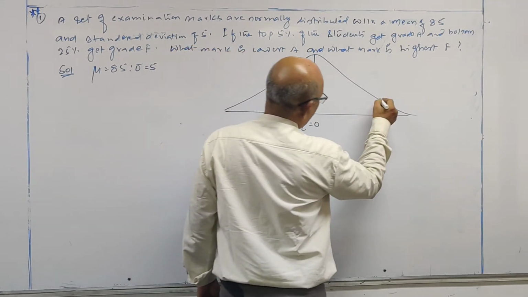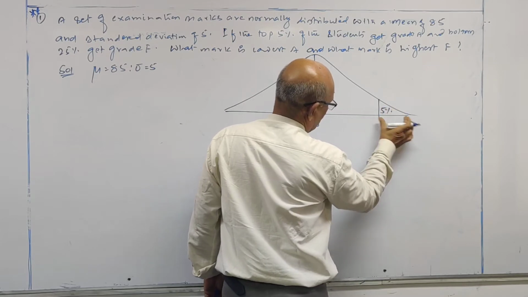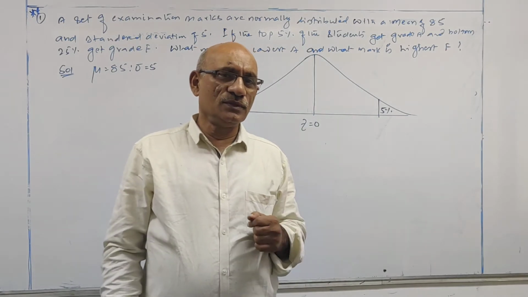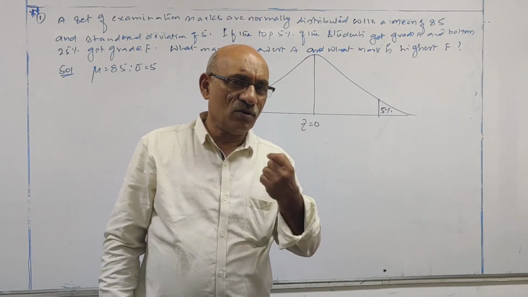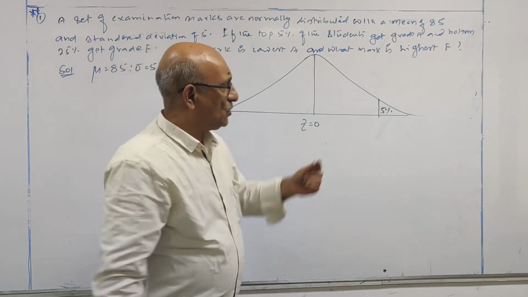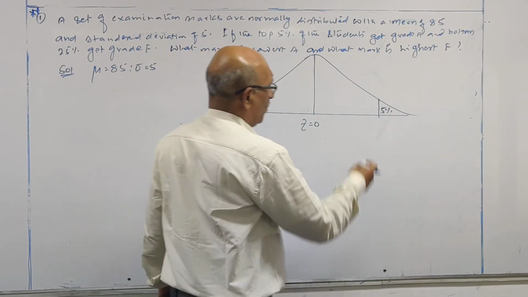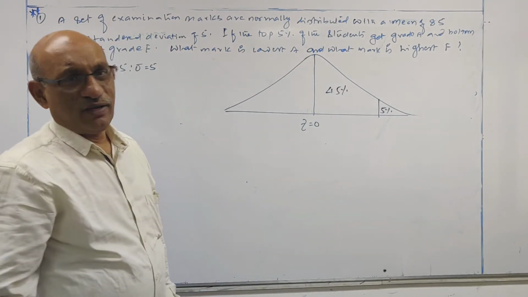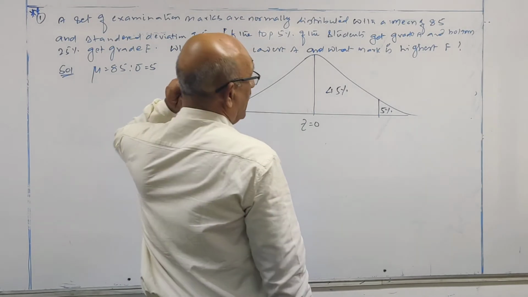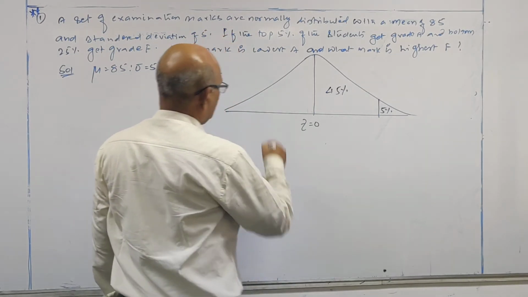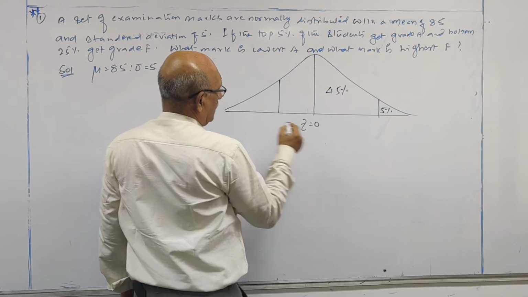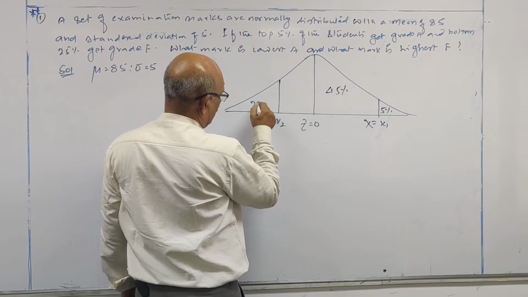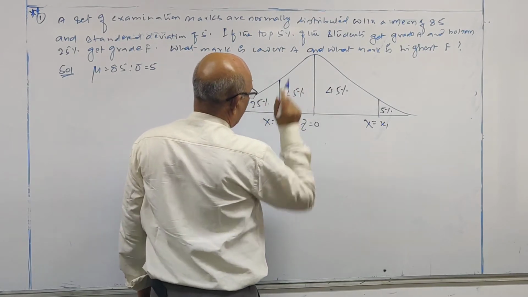Top 5% of the students will get grade A. Let us take this is the top 5%. It means if your score is 95 and above, you are in grade A. So this is grade A. When this is 5%, this is 45%. Next, 25% will get grade F. So here it is x is equal to x1, x is equal to x2. This is 25%, this is again 25%.